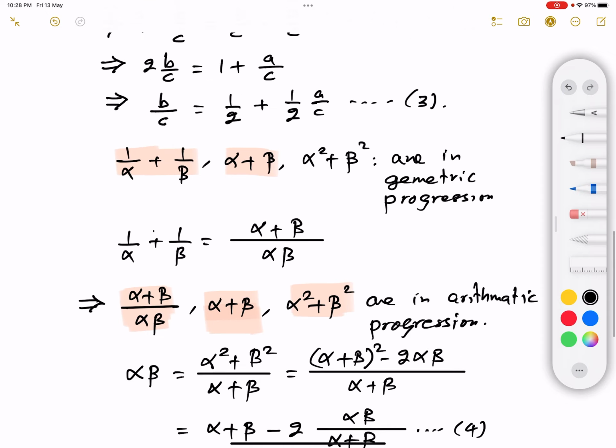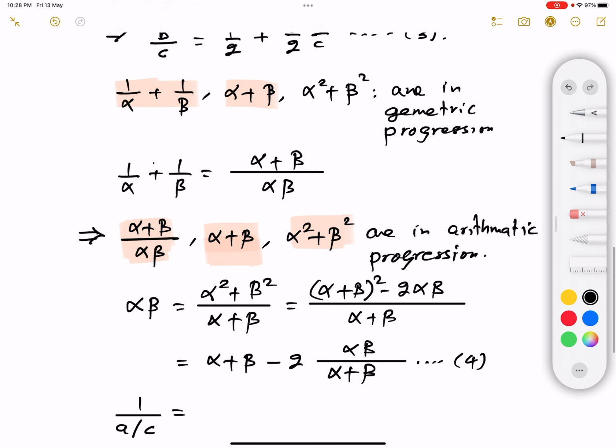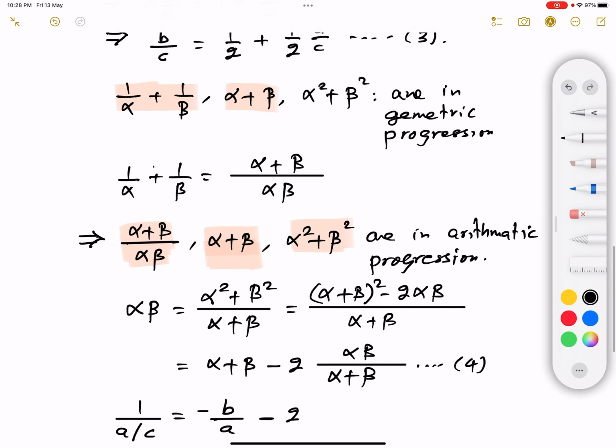Alpha plus beta, we can go back to equation number 1, that's minus B over A. And minus twice. Now alpha beta divided by alpha plus beta,